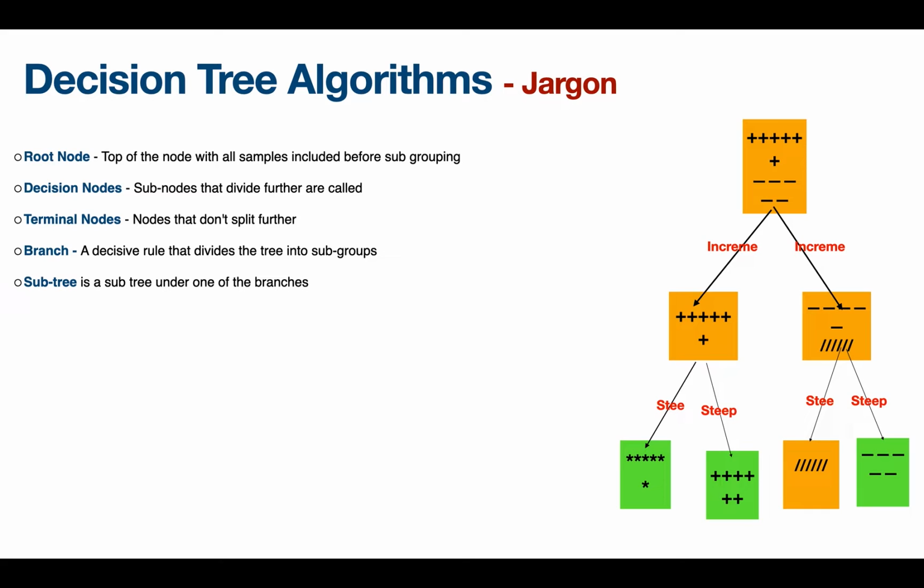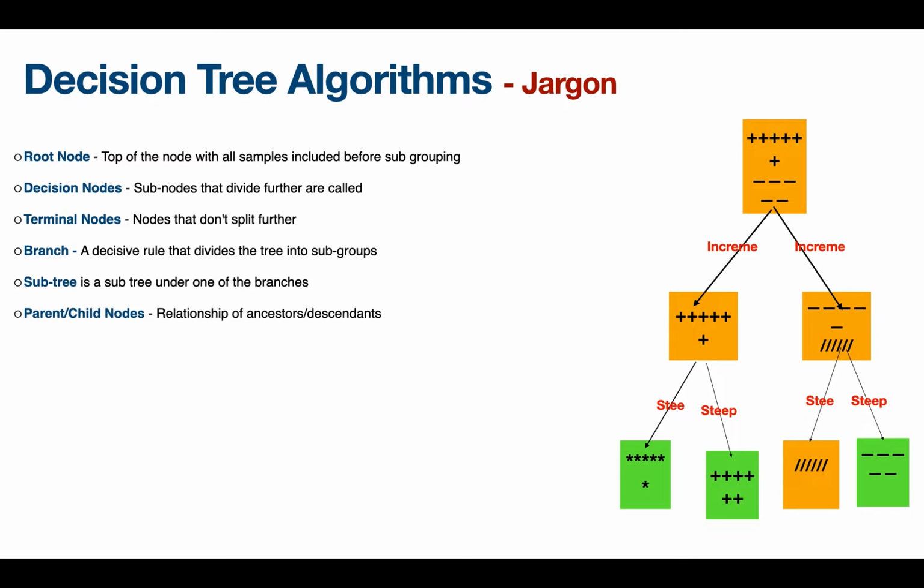Subtree is something that is considered relative to one particular level. So considering from the root node, we have two different subtrees, one on the left and one on the right. So we can go multiple levels like that. So from the intermediate level, from level 1, there are two subtrees, which are the two green nodes with star and plus, but they are also the terminal nodes, right? There is no further subdivision. So subtree is basically all the nodes within a particular branch, right?